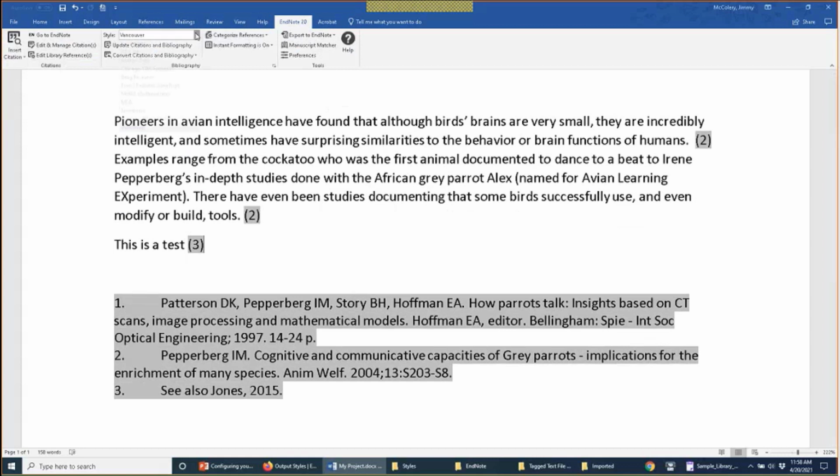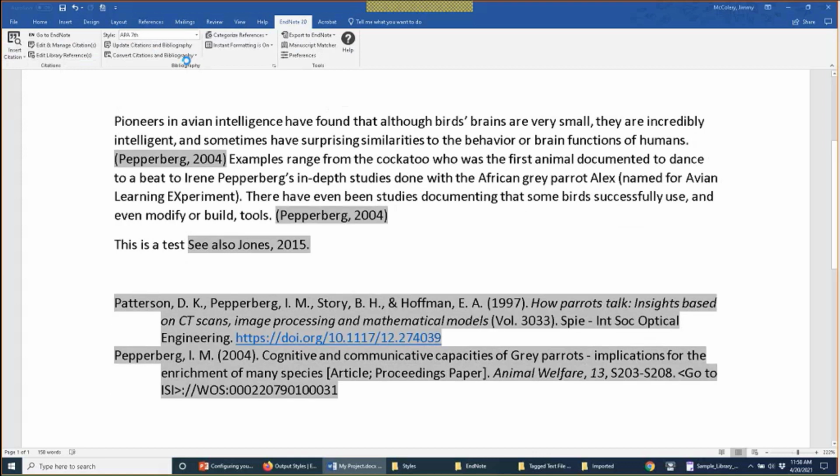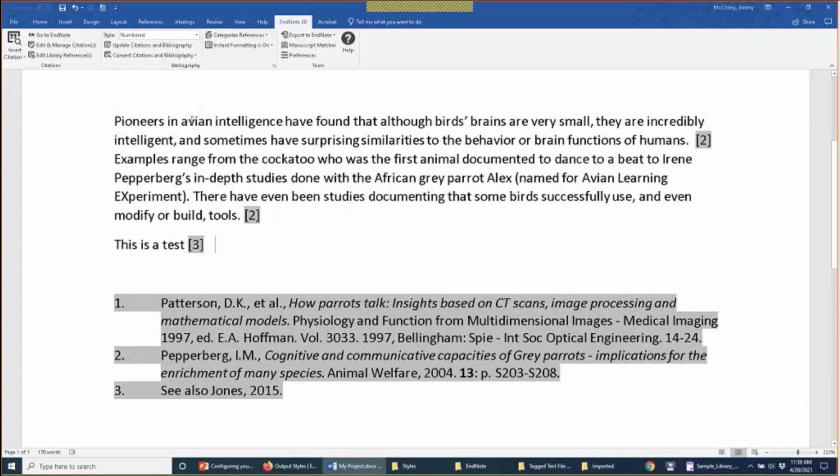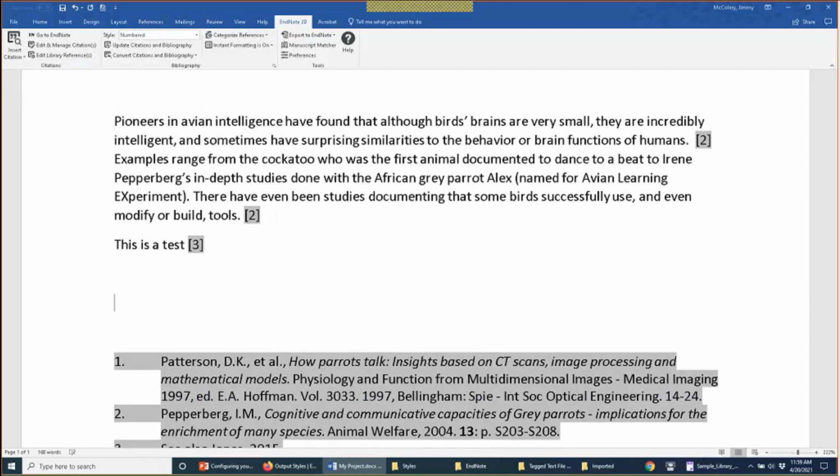And just to reiterate, this won't apply to an author-date style. You'll see your note in the text, but it would not be part of the bibliography because it's not a numbered sort order. Again, the insert note feature will only apply to numbered styles like Vancouver or numbered, things like that. Now, instead of using insert note, as you saw in the temporary citations tab,